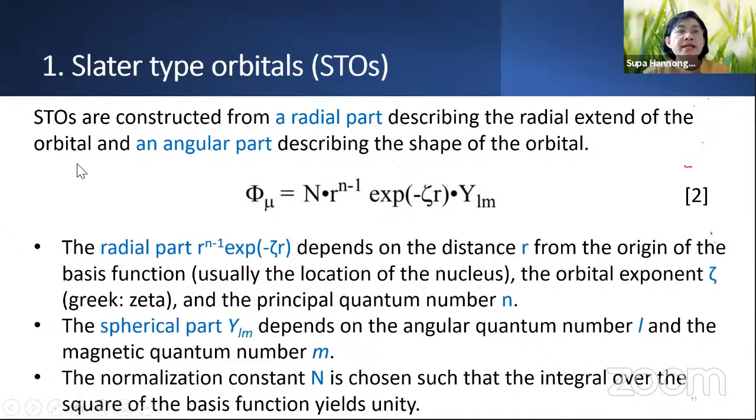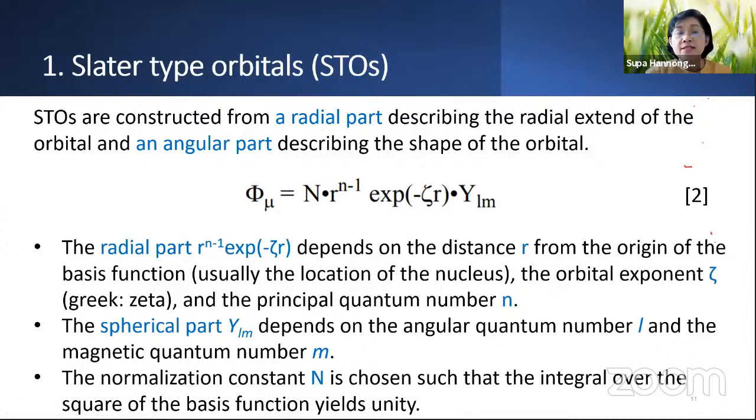So the STO is actually a function constructed from the radial part. I'd like to tell you that the basis function actually refers to the wave